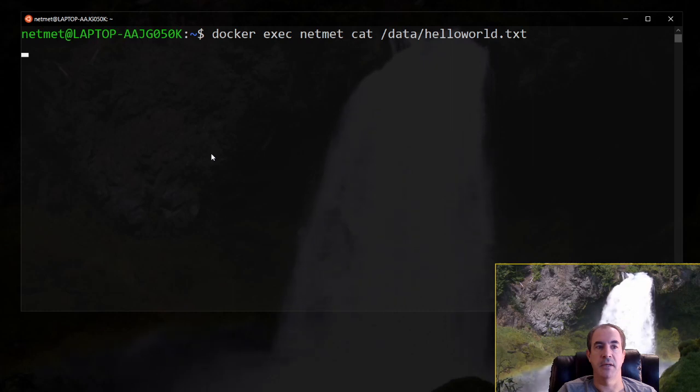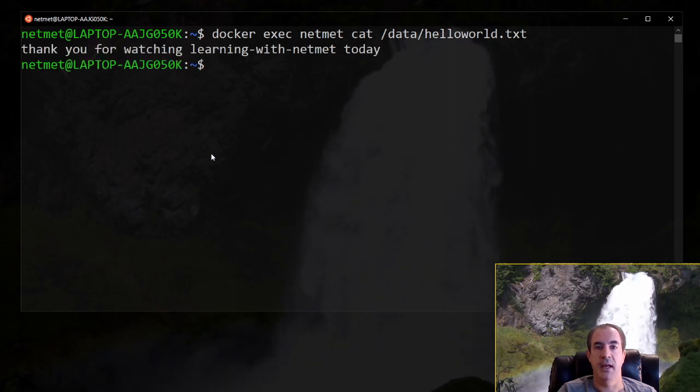So when I hit enter here, give it a second, and it connects to the container, executes the command of doing a cat against the data hello world text. The information that we appended to that text previously is there, and that is our Docker exec